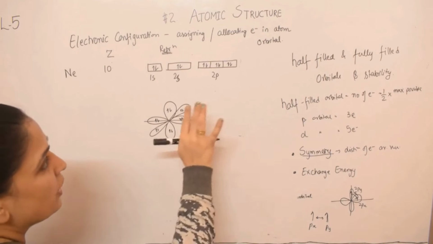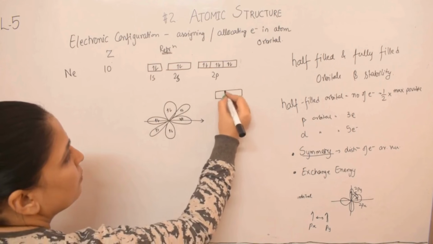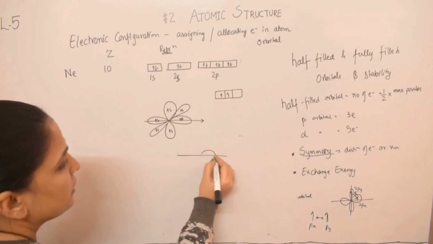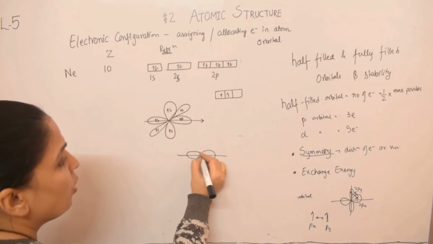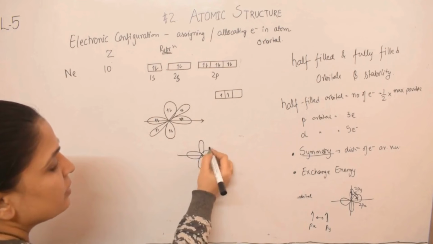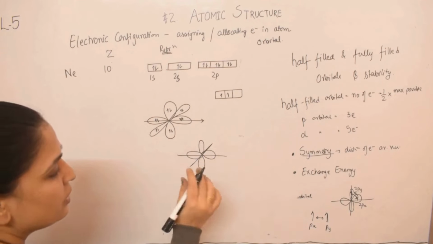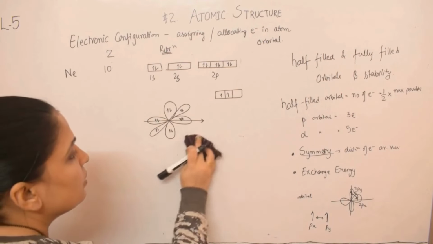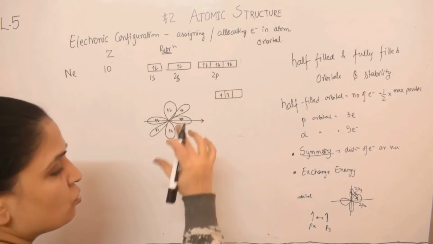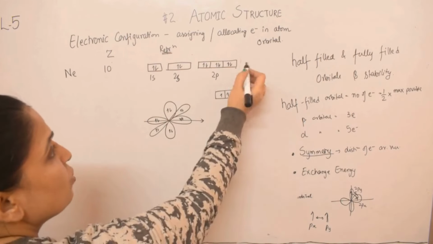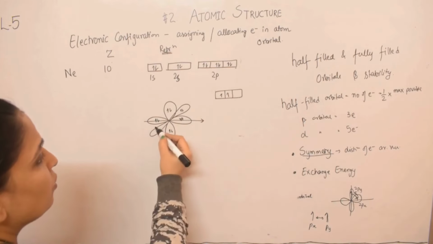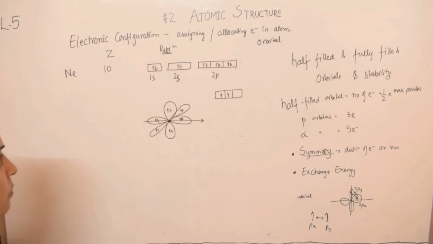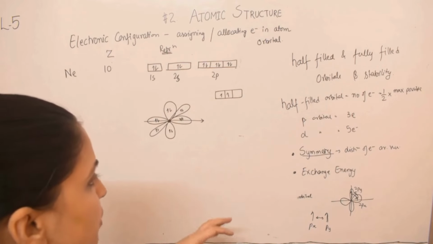Okay, suppose we don't have symmetrical distribution. Suppose we have some configuration like this where there are only 2 electrons in 2p orbital. In that case, the electron density is more along 2 axes, and there is going to be no electron density or less electron density, since electron tunneling is less. So in this case, the electron distribution is not symmetrical, whereas in case of half filled or fully filled, the electron cloud is symmetrically distributed around the nucleus, which gives us more symmetry and lower energy.